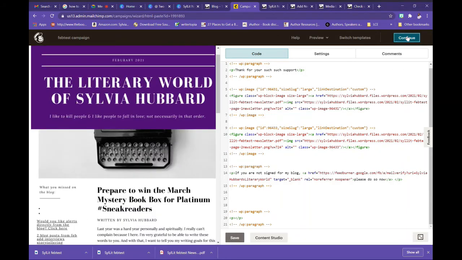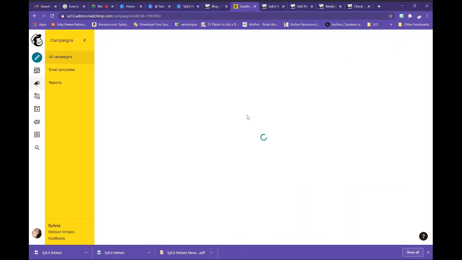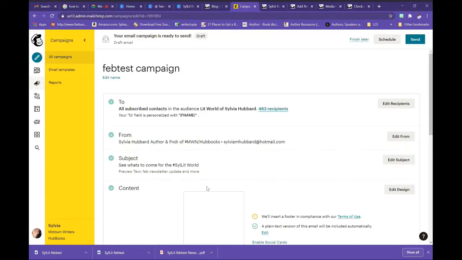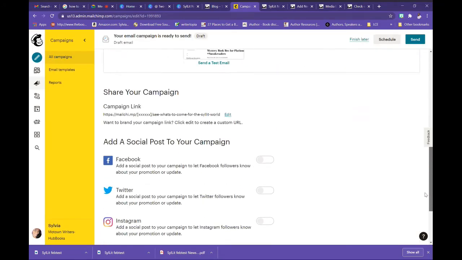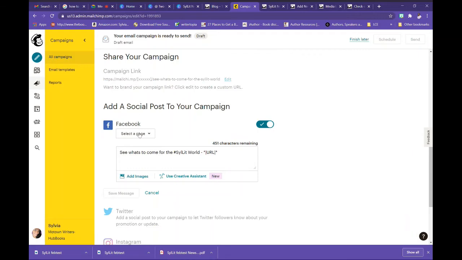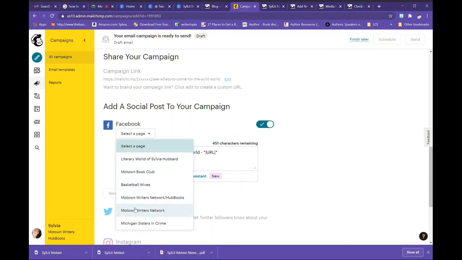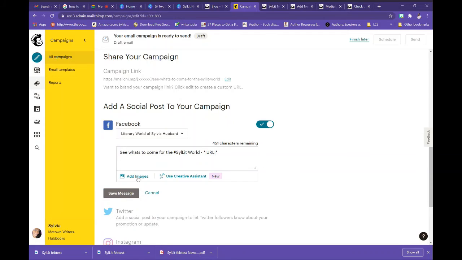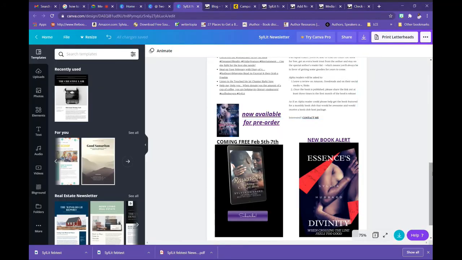I do. And then all you do is, I'm so flipping amazed and impressed. Yep, this is doable. And then what I do is I do my social media posts. So I'll put it on whatever page I want. I'll usually do this one. If I want, I do try to add an image. I go back here to Canva and I add an image. So what I'll do real quick